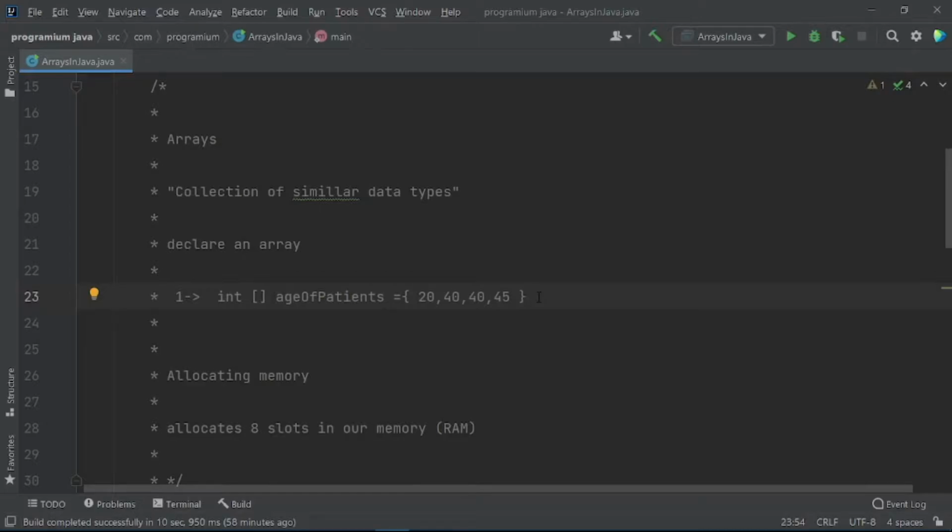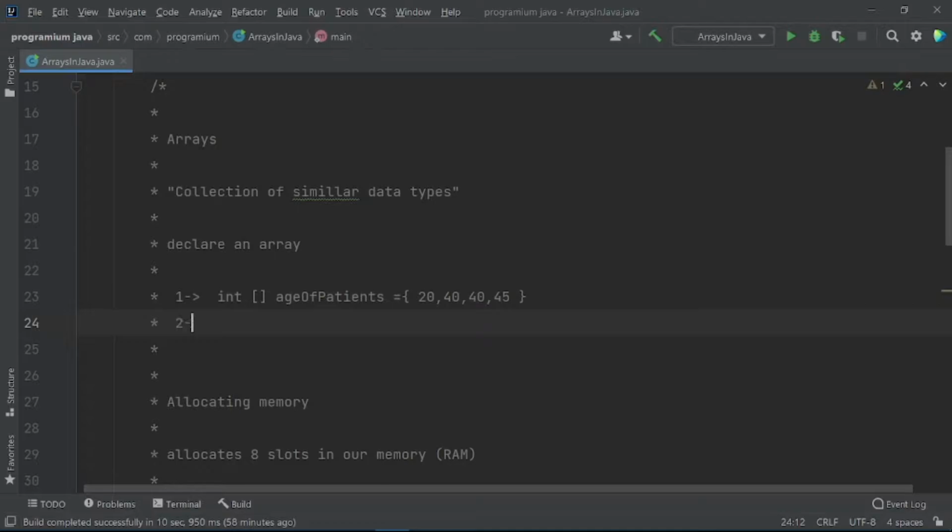So guys, if you have watched our previous video, then you would be familiar that we had covered only one method to declare an array. Now let us see our second method of initializing and declaring our array. By the way, you can use any data type here, and here would be the name of the array, like I am writing here, patients,